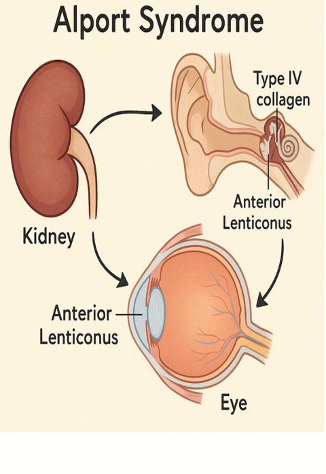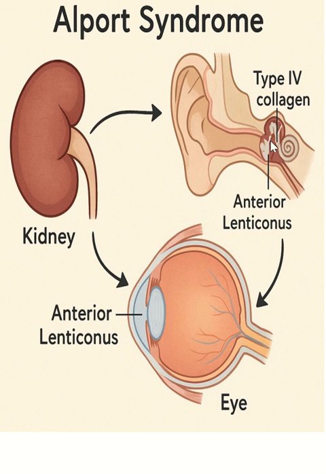In this video, we'll learn about Alport syndrome. It's a genetic disorder which affects the kidneys, ears, and eyes, and it occurs because of mutation in the genes coding for type 4 collagen. Remember, type 4 collagen is a crucial component in the basement membrane of these organs, like in the glomerular basement